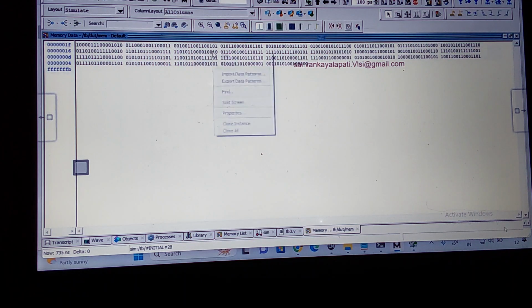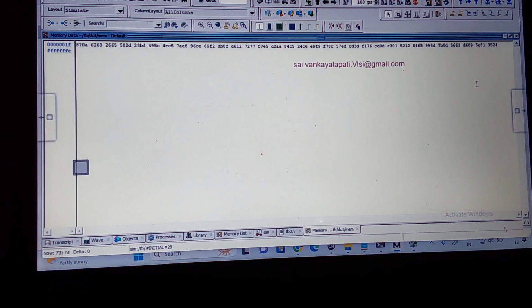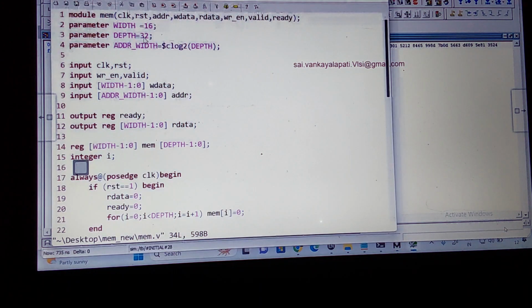You know there are a couple of settings you can do, changing the properties of the values, correct? Those are the things you can do in the test bench. So what is the use of the parameter? Suppose I want to model the memory with a depth of 102, depth of how much?